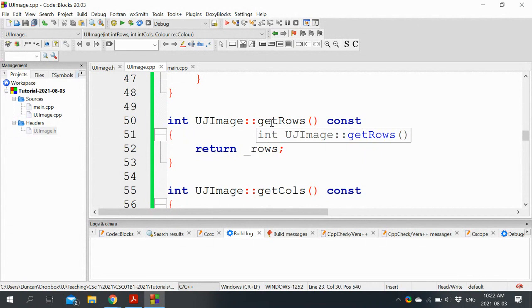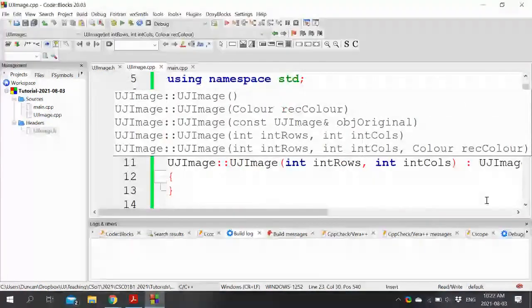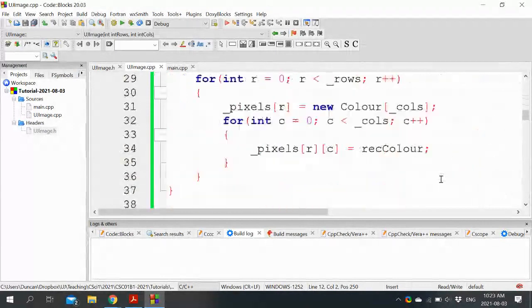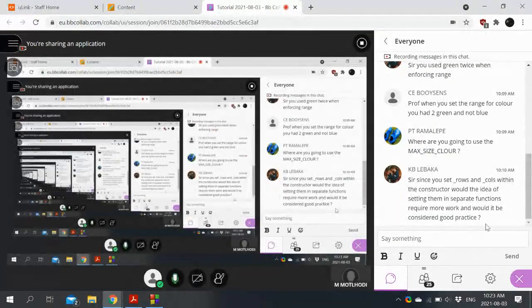And if it's bigger than the old array, you would need to set defaults for those things. So it becomes a lot more complicated. So we're basically making ours immutable in size after you've created it for the first time. So yeah, that's the reason why we're doing it that way. Would it be considered good practice? That depends on what you want to do.